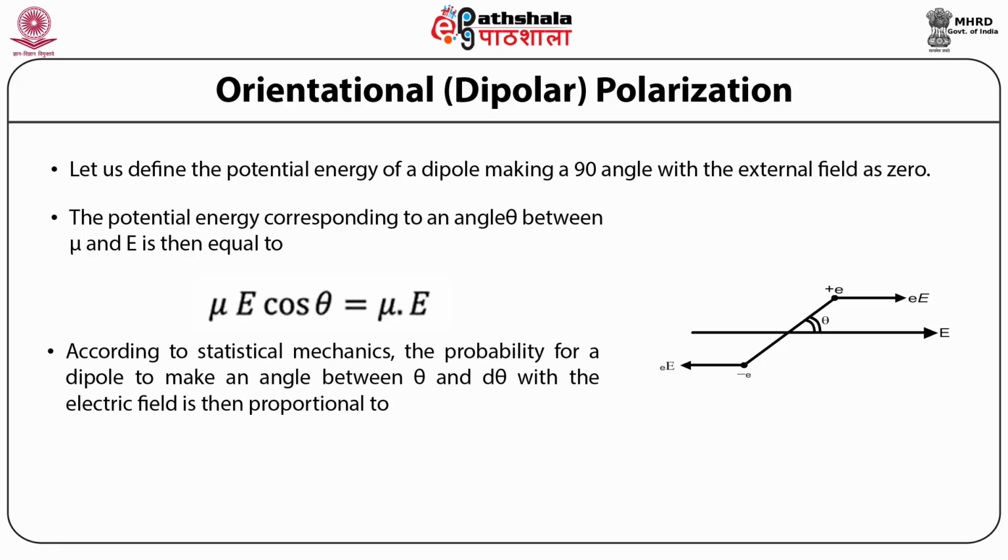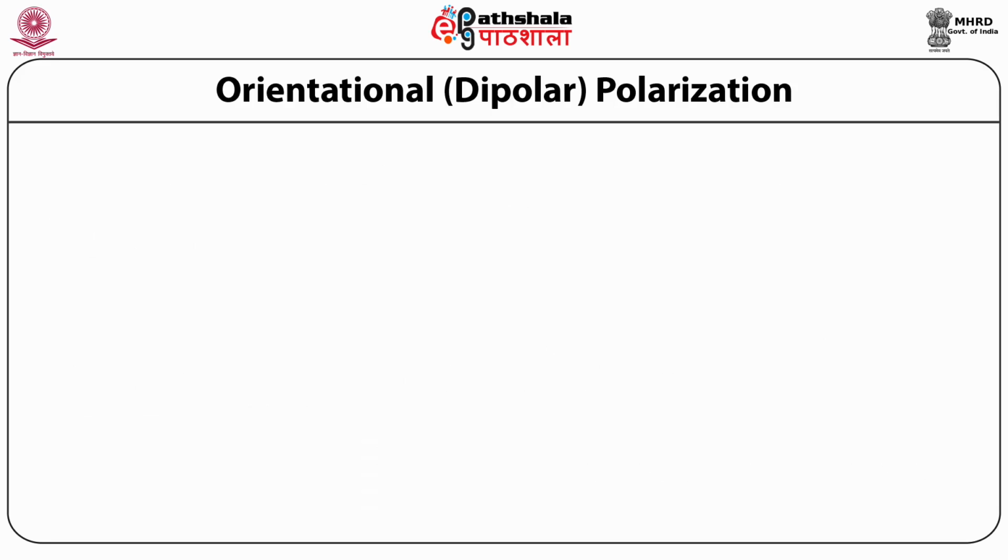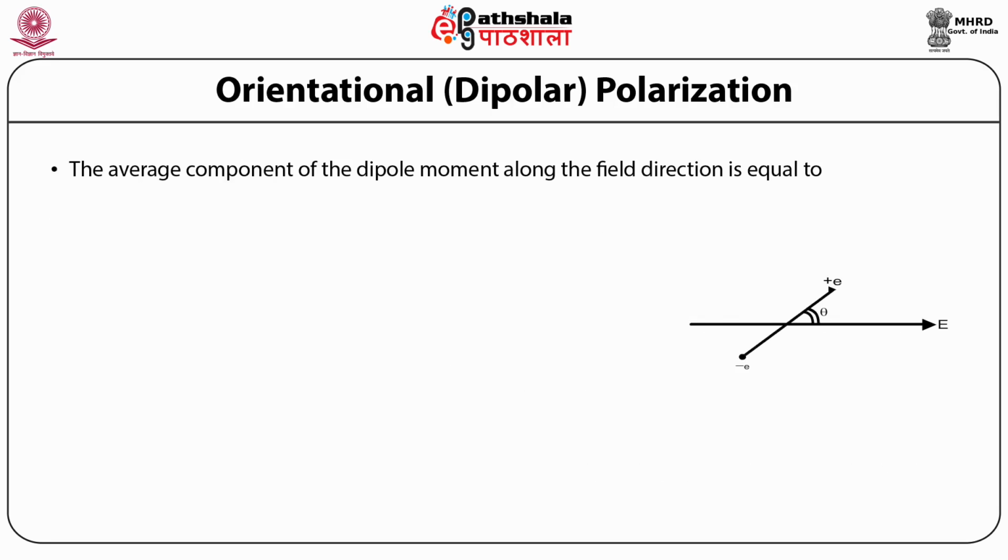According to statistical mechanics, the probability for a dipole to make an angle between theta and theta plus d theta with the electric field is proportional to 2 pi sin theta d theta exponential of mu E cos theta by kT, which is the solid angle between theta and theta plus d theta. Hence, the average component of the dipole moment along the field direction is equal to mu times the average of cos theta,